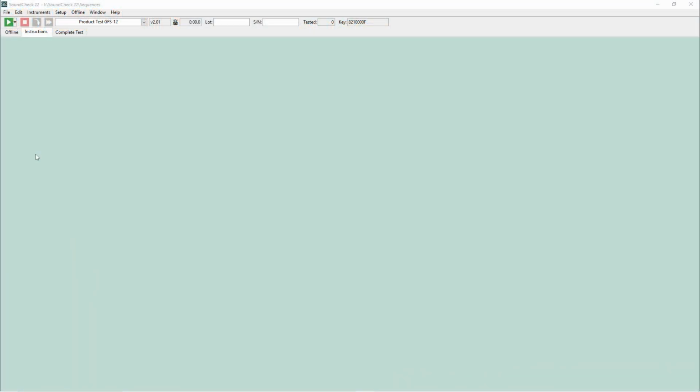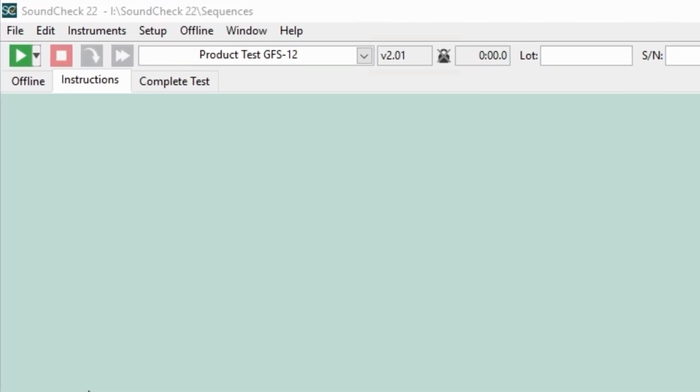Sequence versioning was introduced in SoundCheck 22 to help track changes when developing and updating sequences. Let's take a look at how to use it. The sequence version number field is now displayed on the main SoundCheck screen, so it's clear what version you are